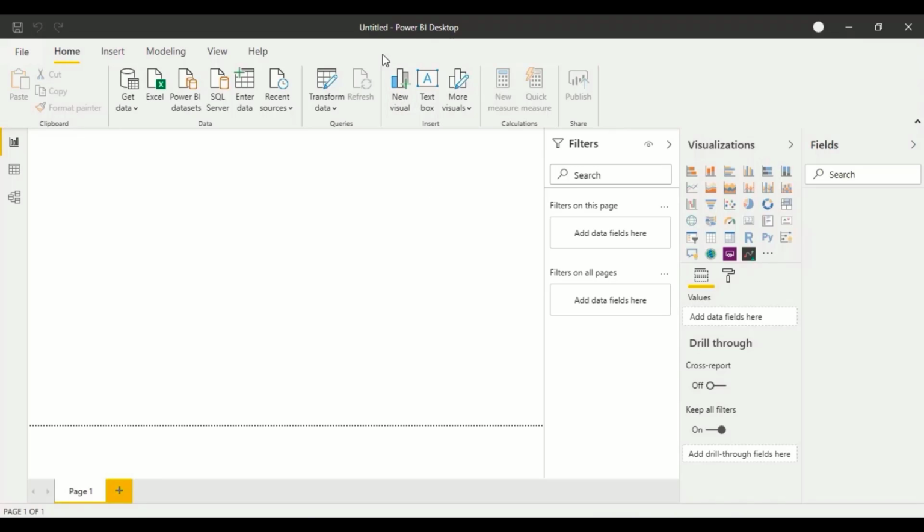Here in the middle is the title bar where you can see the name of your file. Now that we have not given any name to our file, that's the reason it's showing as untitled. Once you save it with a name, you would be able to see the name of your file over there.